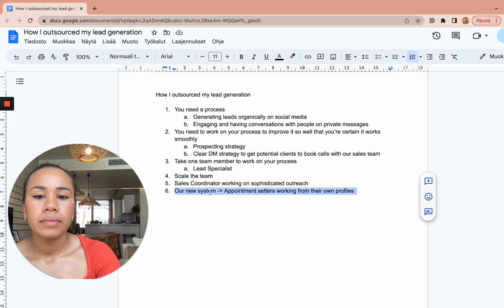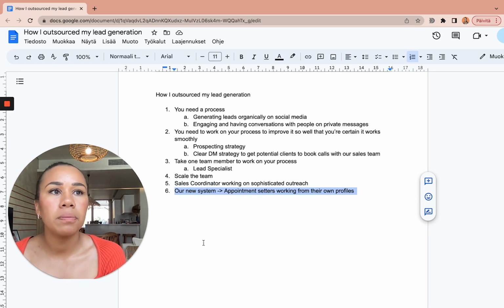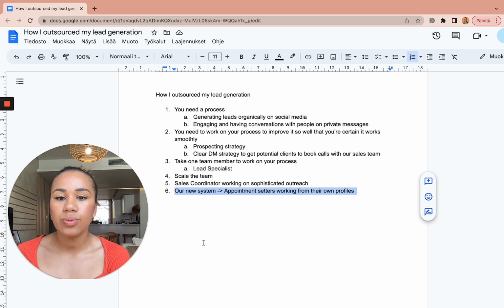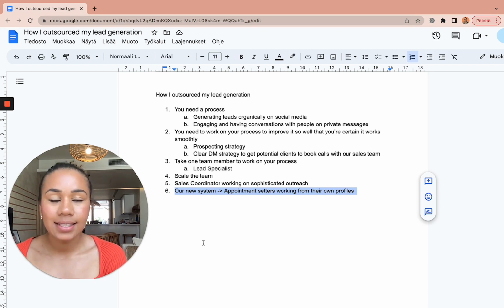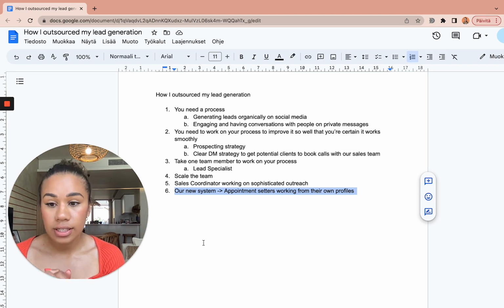And also the new system that we are now trying, and I'm not going to be going into details with that, but this is something that we are now trying to scale. Now we've only used my own social media channels. I've still been there, because I'm logged into my channels, but I think it's not that scalable, because there's a limit to how many messages you can send before the tools can be locked down, and there are some issues with that. But like I said, we were able to scale that to consistent 100K months.